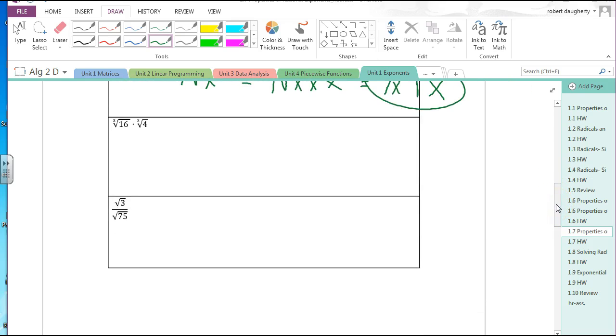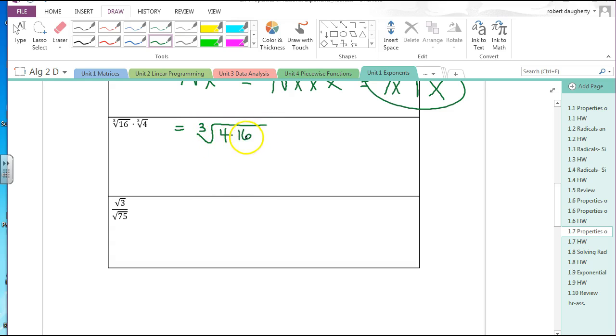Cube root of 16 times the cube root of 4. Okay. I can't really simplify the cube root of 4. 16 can simplify because it's 8 times 2, and I can get the cube root of 8. What am I going to do to get this as simple as I can? Yeah, multiply these together. So this is the cube root of